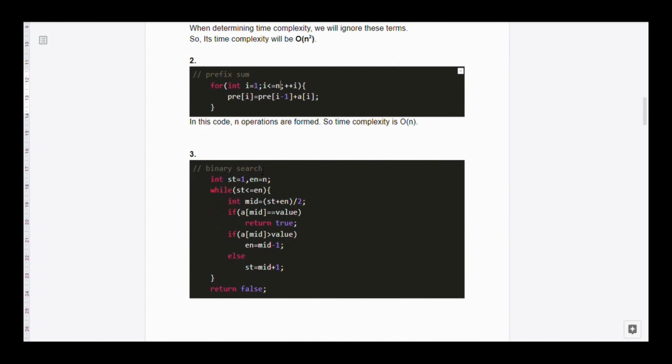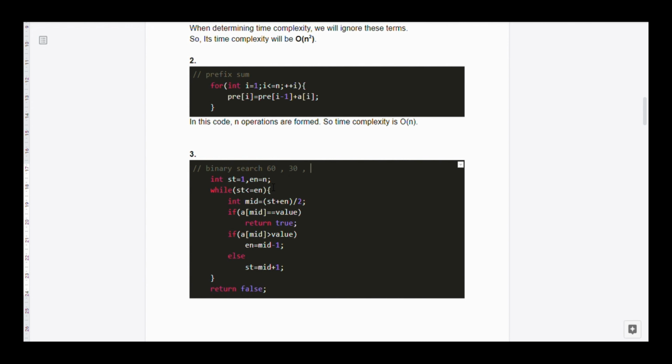Now let us look at this code. It's basic binary search. For example, we are given a sorted array of n integers and we have to determine if a particular value is present in that array or not. It can be done using binary search. As you can see in the code, in each iteration we are reducing the search space by half. In the next iteration the search space would be halved, that is it would be 30.